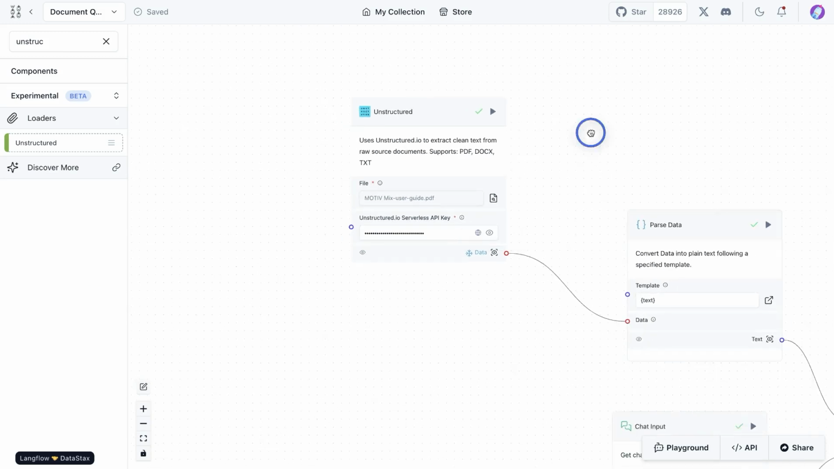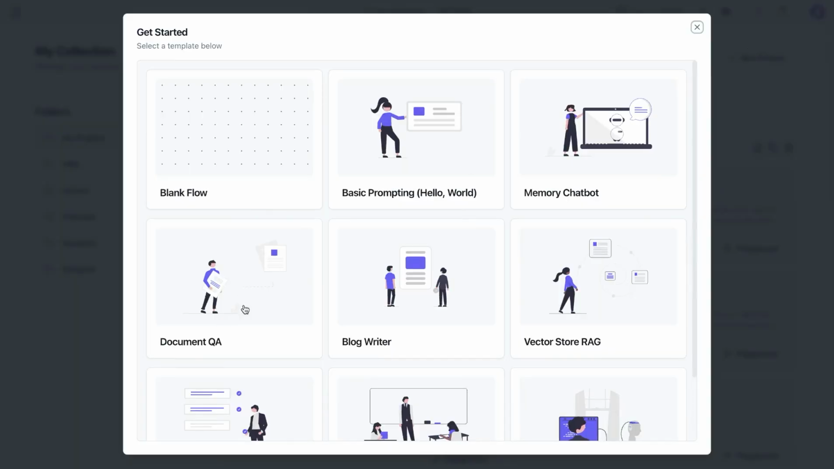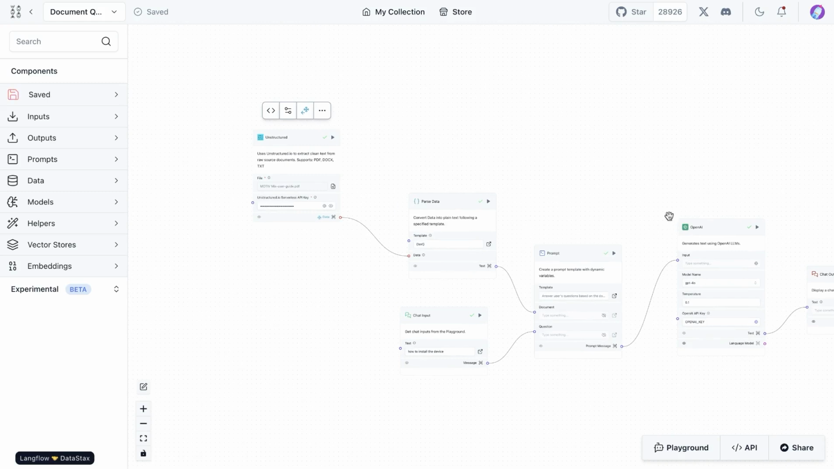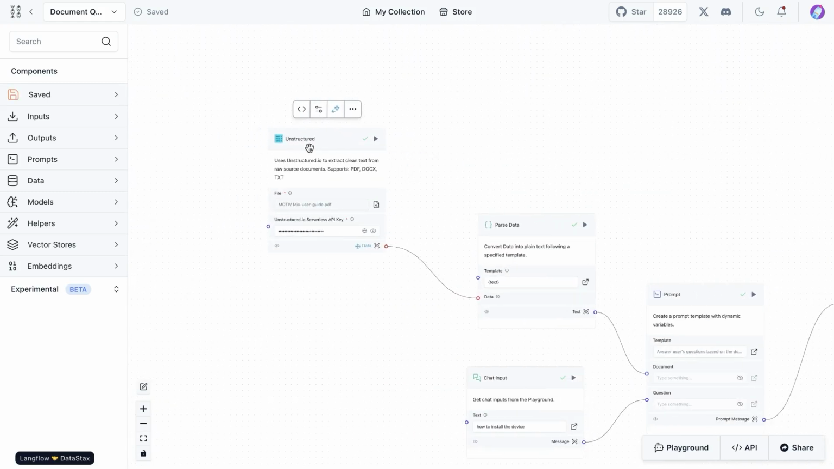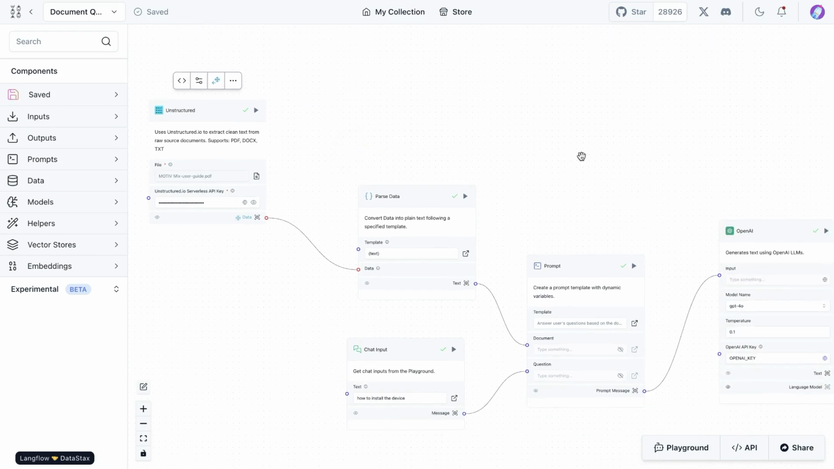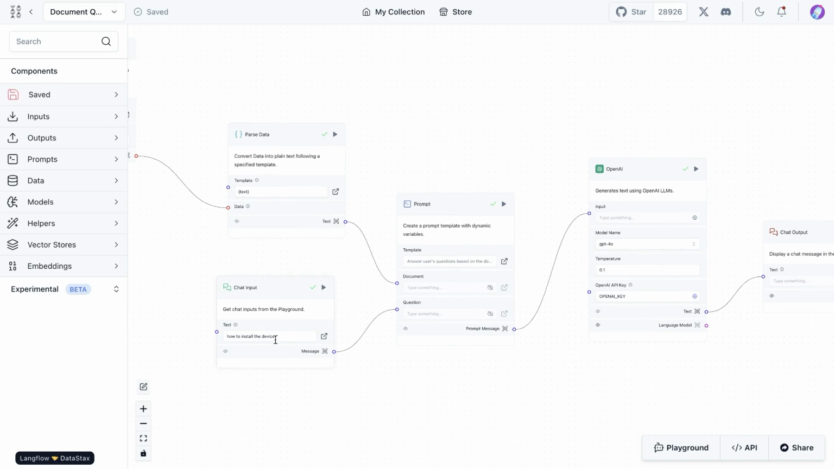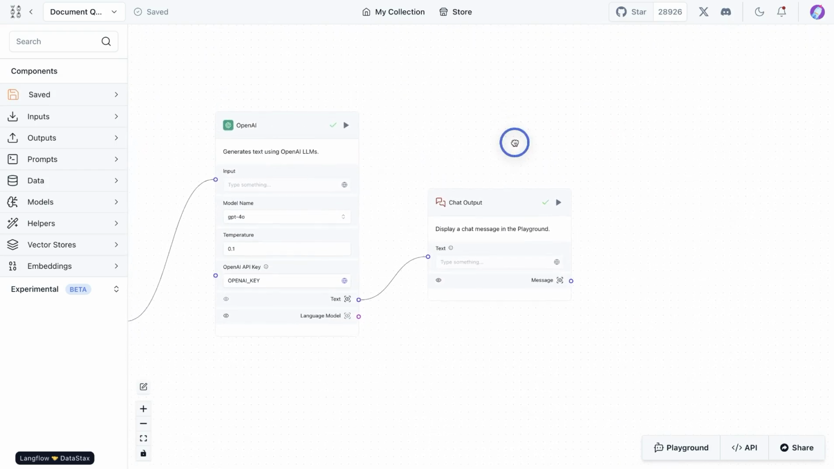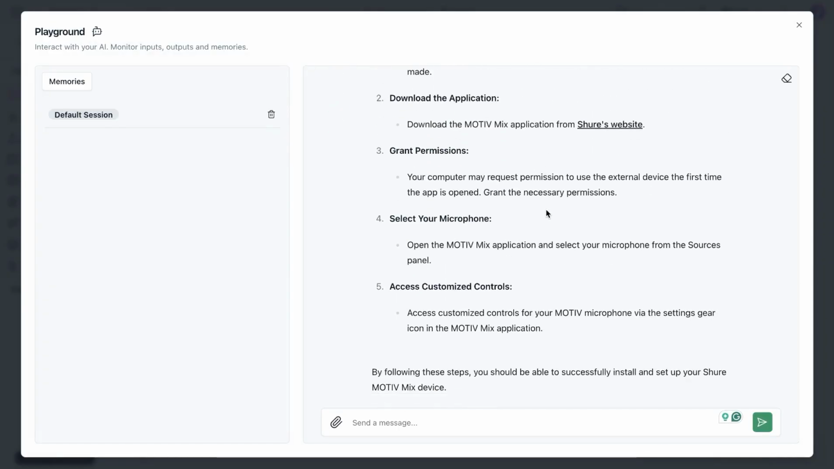So when we pass it through our flow, in this case, what I did is I just started a new project with document QA, and that's exactly what I utilized for the rest of the flow. And the first part of it, which was the file loader, I replaced with the unstructured component. And now when we run the flow, we're just asking how to install the device. This is something available as instructions in the PDF provided. Now we see that the results are available, and those are based on the text that was extracted from the